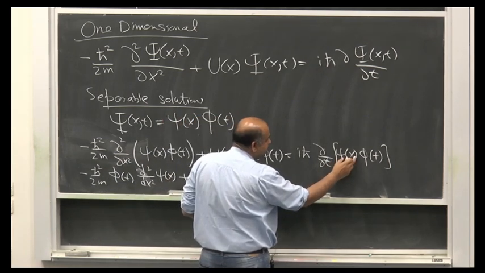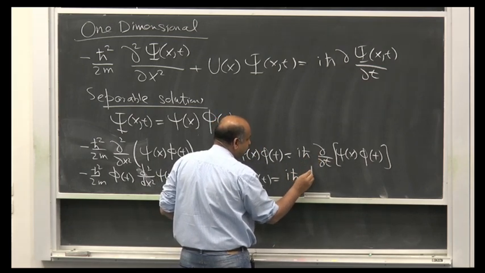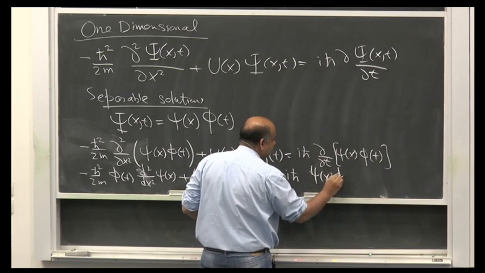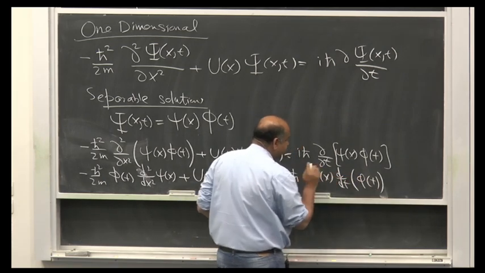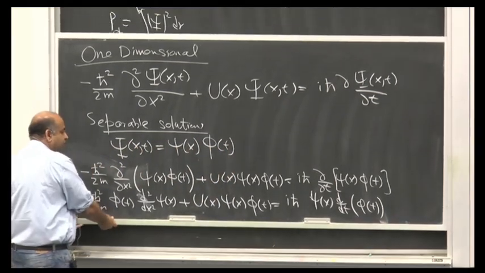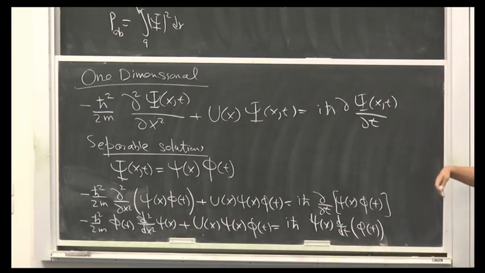Similarly, this doesn't depend on t, so I can take it out of the derivative and write psi of x, and I can write this as d by dt instead of just partial t. So how do you compute the separable solution? That's what I'm going to do now. वो गलती से ऊपर t लिखा हुआ है, the t is there. Okay? Okay. So from this equation, let's